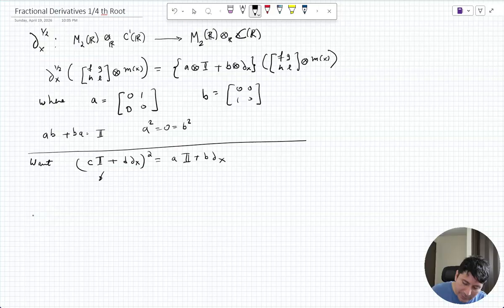If we FOIL the left-hand side, we get C squared tensor I, plus CD plus DC tensor derivative, plus D squared tensor D squared, which is equal to